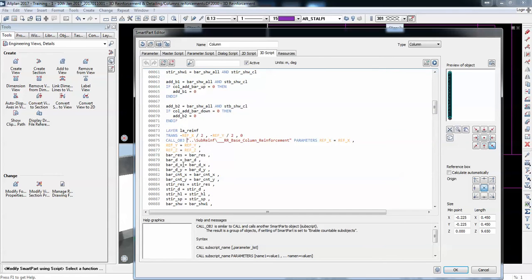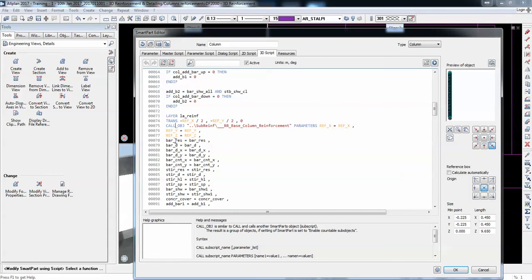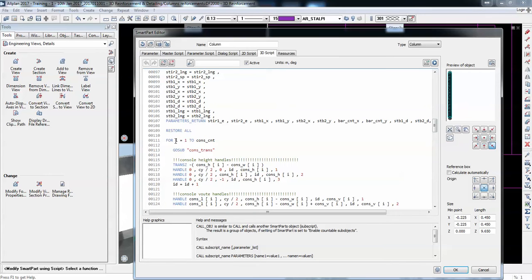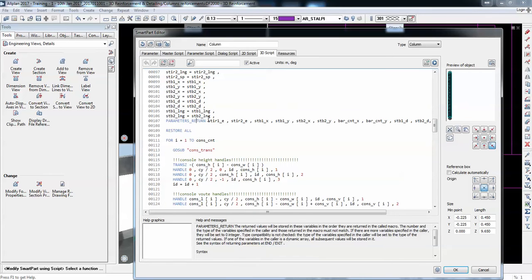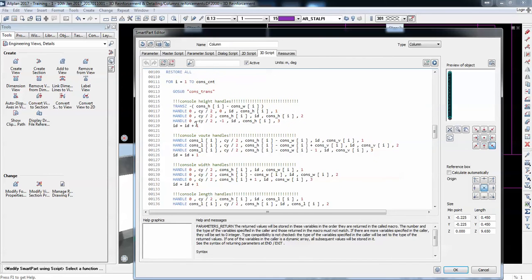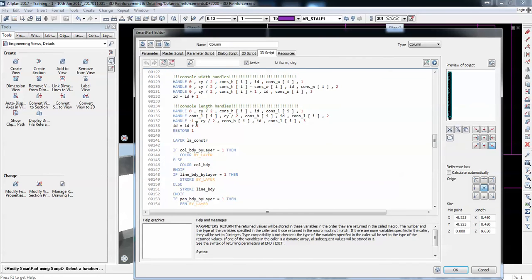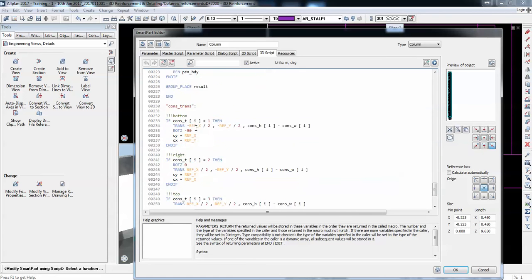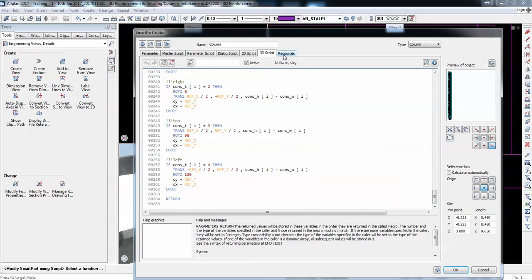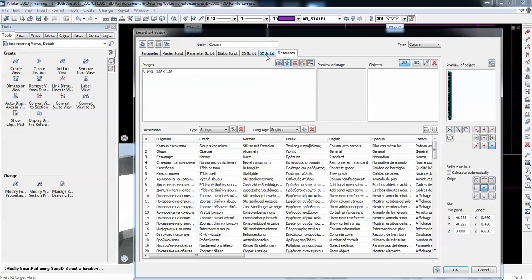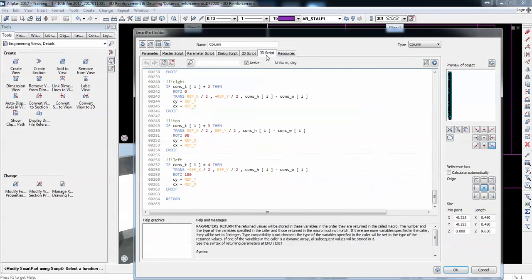there are some references which describe what all these commands do, but it's not really easy. And also here there's a reference. If you are friendly with this code, maybe there is a chance for you to understand. I can also show some smart parts developed by me which have 10 lines of code, not 100 or hundreds of lines like this. They are easier to explain, but I gave up developing smart parts as I don't feel it's a market for them.